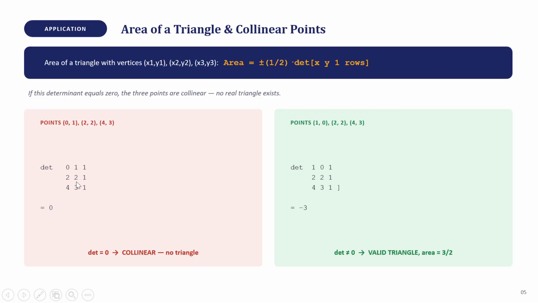0 and 1, 2 and 2 and 3, the counting is 1, 1, 1, 1, which gives us 0. Since this determinant equals 0, the points are collinear, so they do not form a triangle. Okay. If we try the points 0, 1, 2, and 2, which give us 1 again, and 3, 1. So, if we find the determinant,